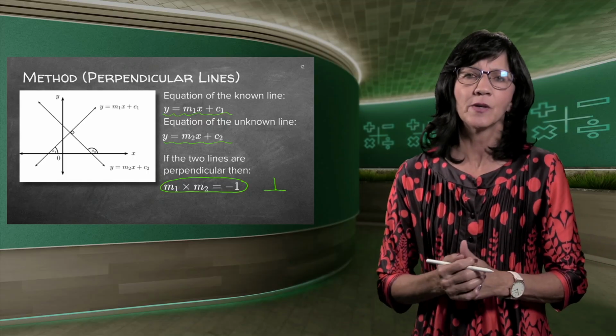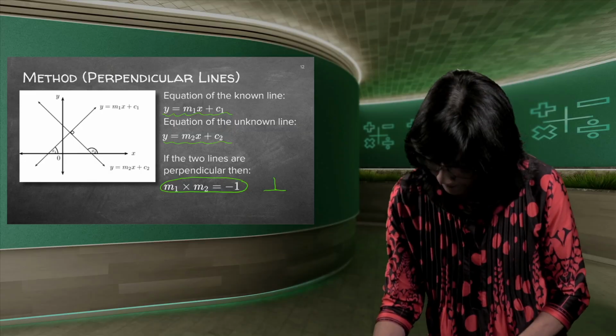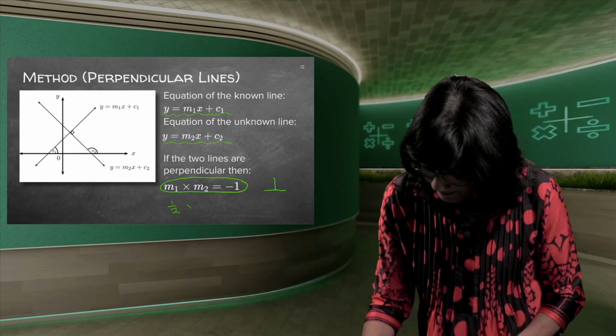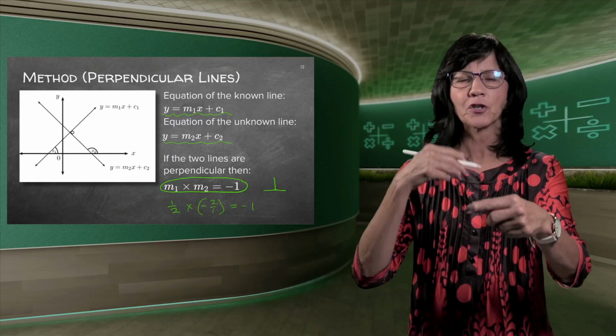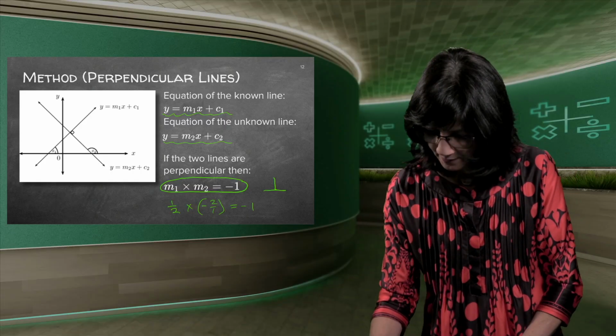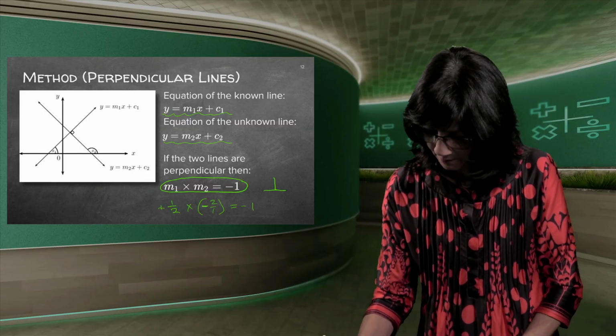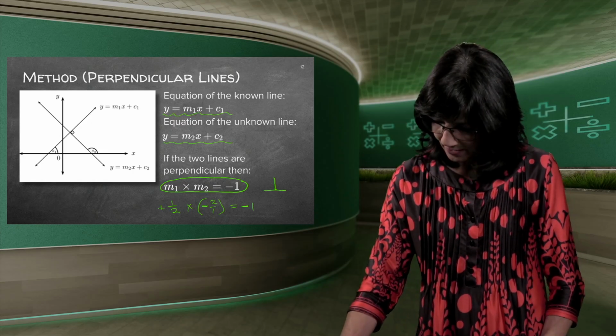And luckily, this is so easy. The one m is the inverse of the other m. So if the one m is a half, then the other m needs to be minus 2 over 1. And you'll see that gives me minus 1. So whatever fraction you've got or whatever figure you've got, if you want the line perpendicular to that gradient, you will just flip the fraction over, which is the inverse or reverse, and you'll change the sign. Because remember, one needs to be a plus and one needs to be a minus in order to give you the minus in the end. So that is what perpendicular lines are about.